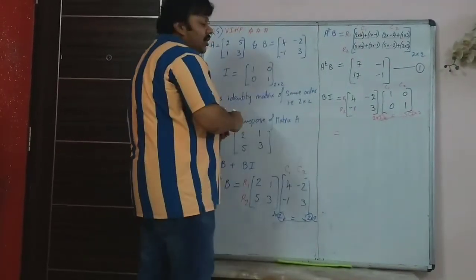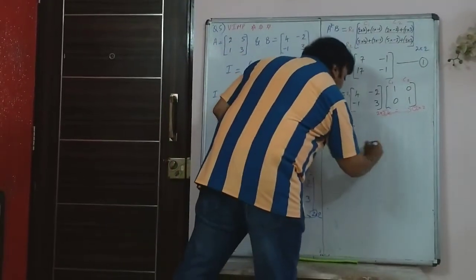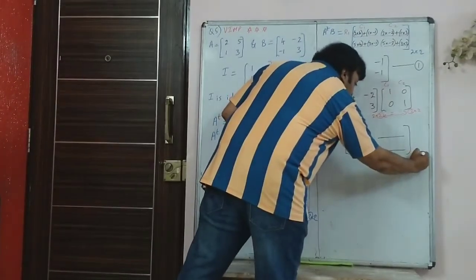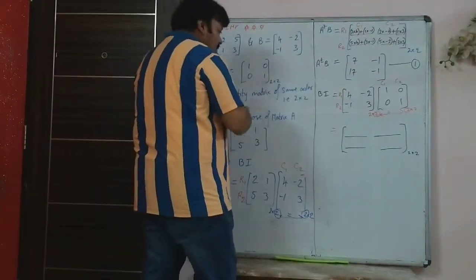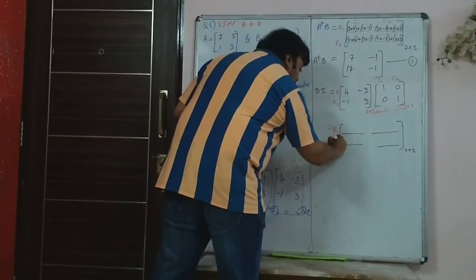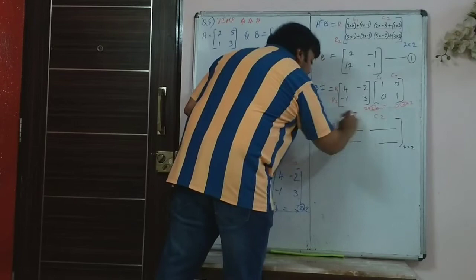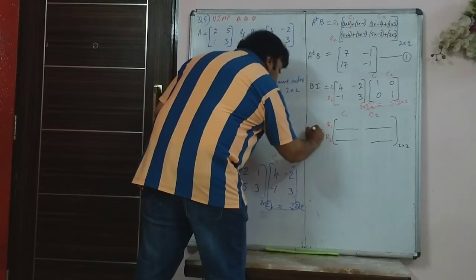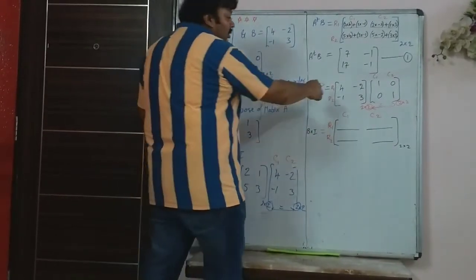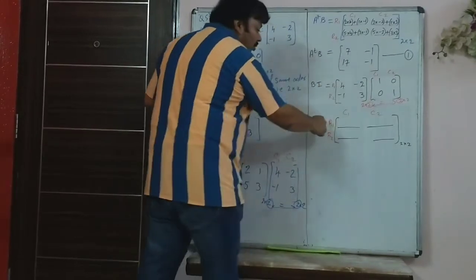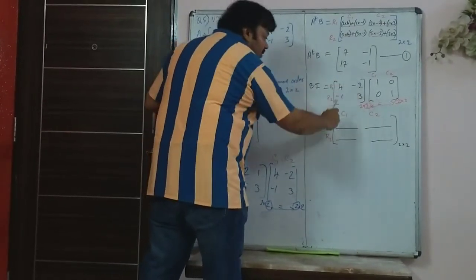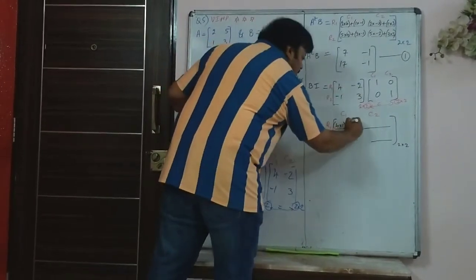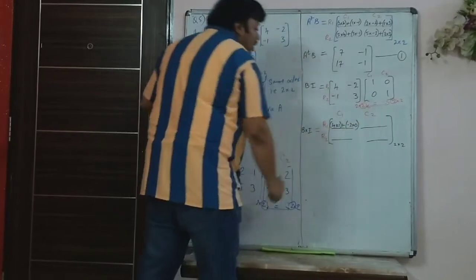So obviously multiplication is possible, you need not write this every time. And the product matrix you get will be 2 into 2. So there will be 4 elements in the product matrix that you get, because it is 2 into 2 matrix. So those 4 elements you have to see what is the position of the seat number and then write what is B into I. So B into I will be 4 into 1, row 1 with column 1, first position. So 4 into 1 first elements multiplied plus minus 2 into 0.